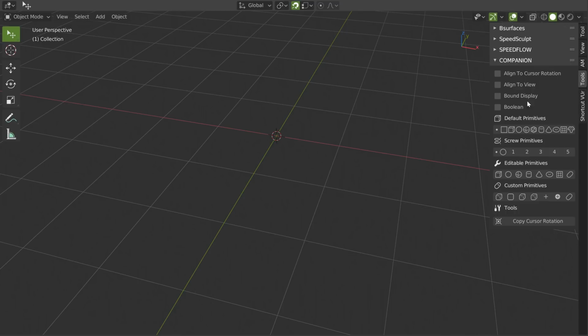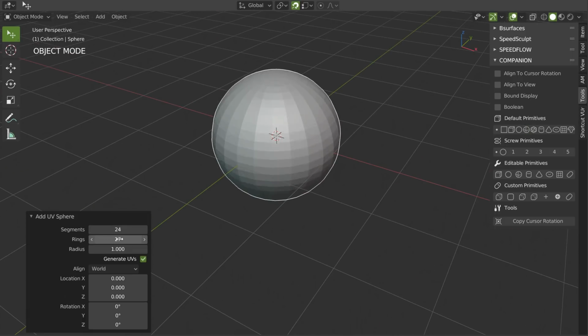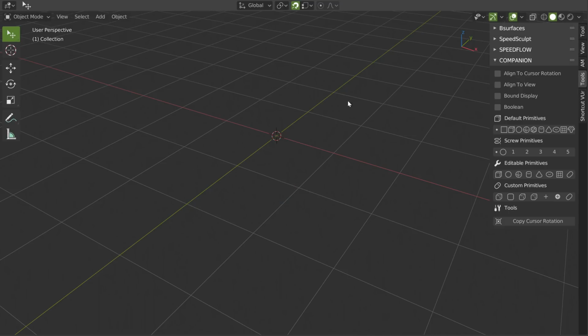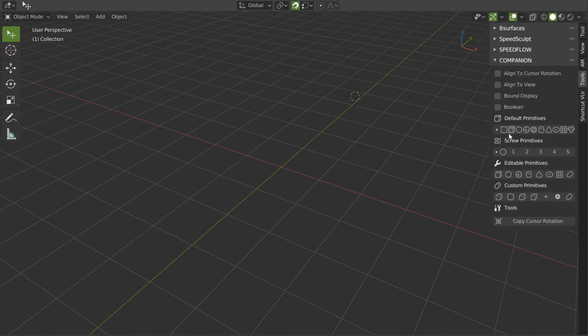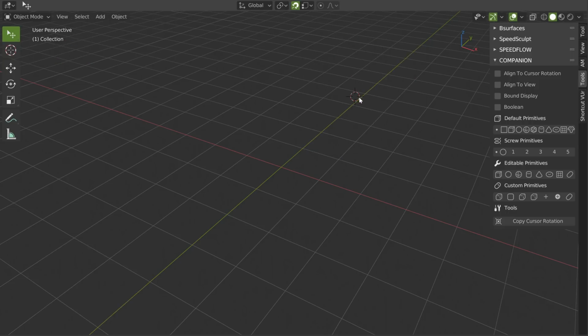I also added some options and some tools, like this one, and I will add more tools later. So the default primitives are just the default primitives from Blender. You can edit them directly. You can also, for example, if I click here and click, the primitive will be directly on the object, just like that. You have some options, for example, I can press Ctrl and click,